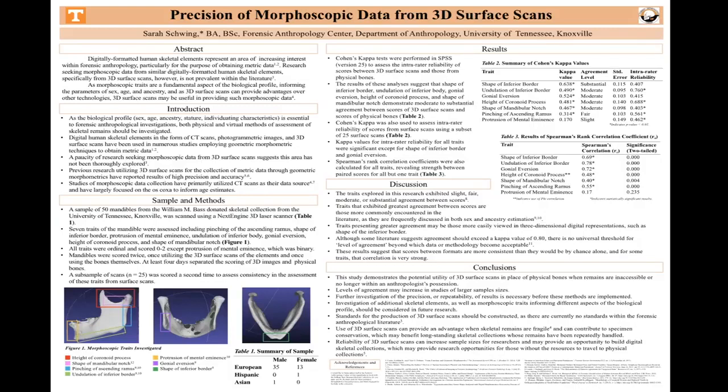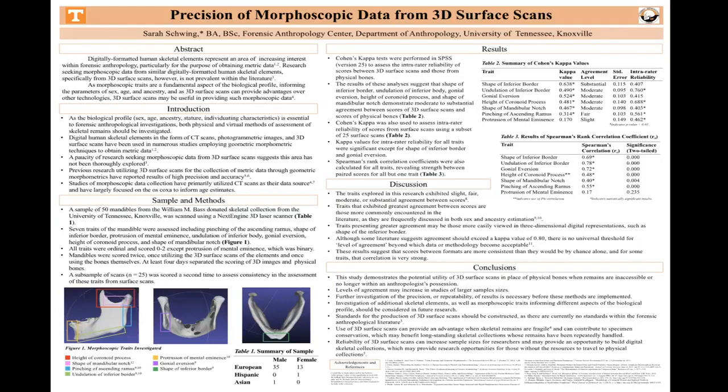It's 50 mandibles, which isn't terrible, but more robust sample sizes might help to clear up some of these questions in regards to which traits are actually useful, which do indicate significance and good agreement. Other limitations of this study,